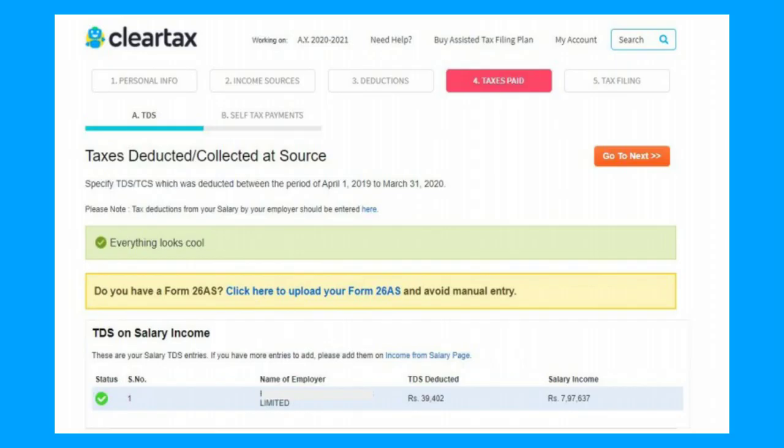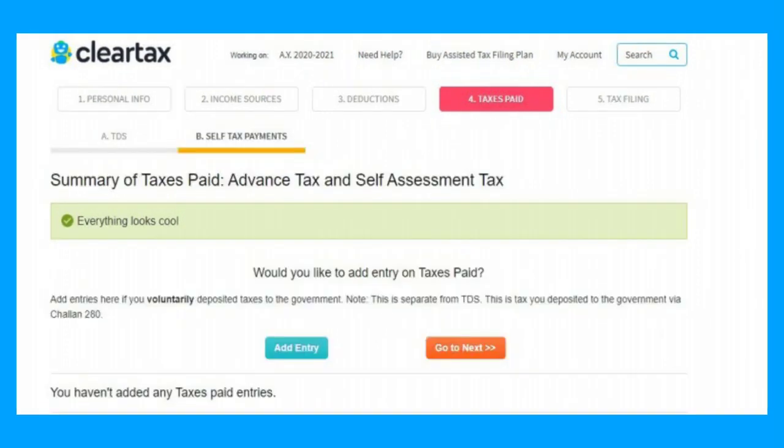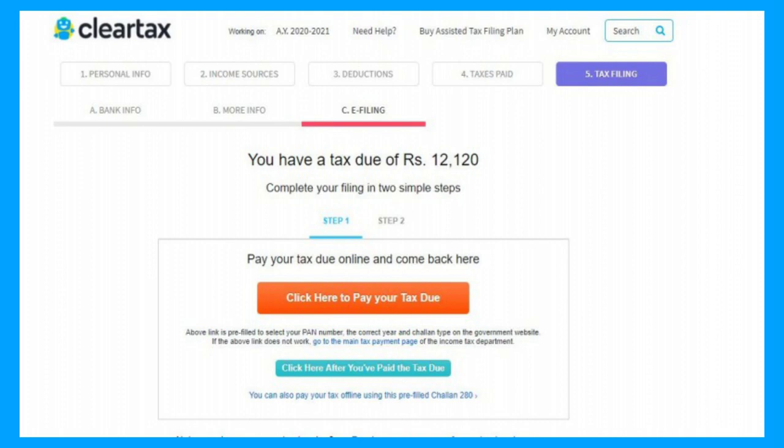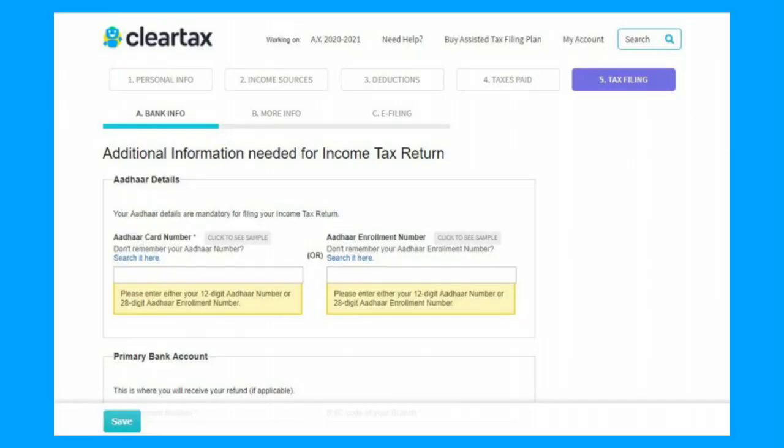As per the information you have entered, ClearTax will display your TDS, advance tax paid, and any more tax you need to pay. Make the tax payment, if any, and add the challan.